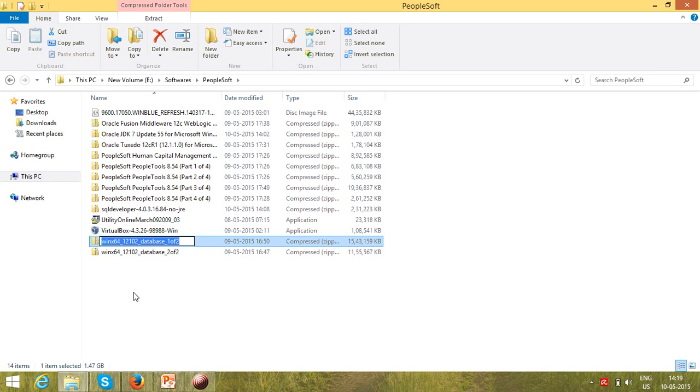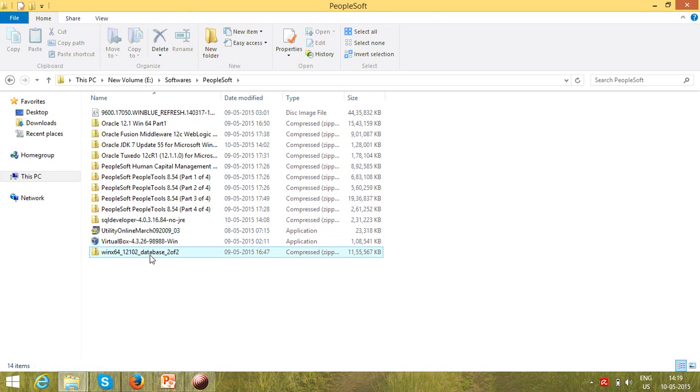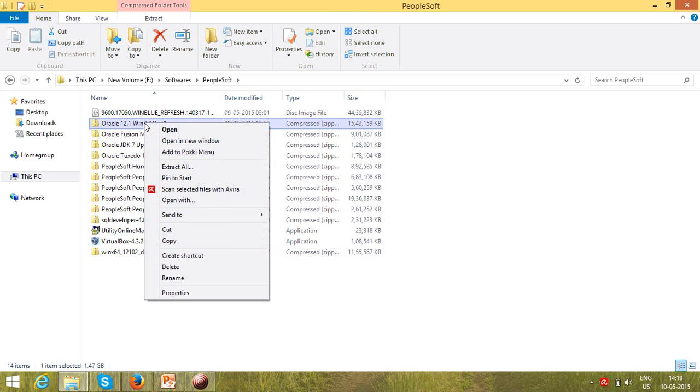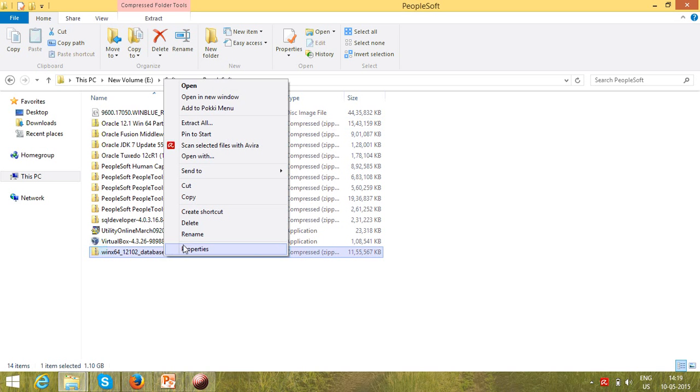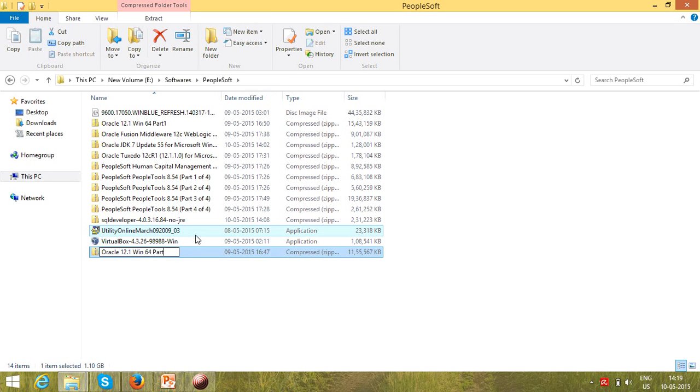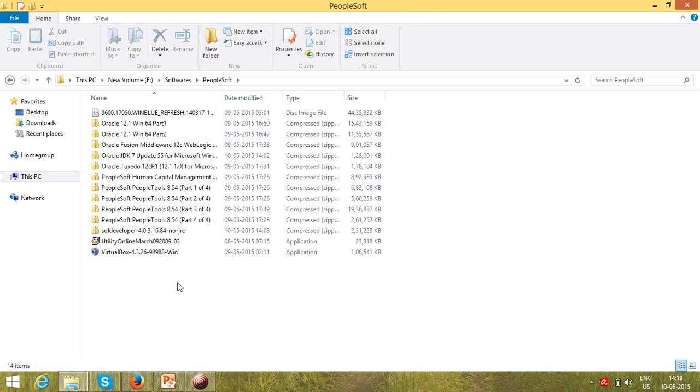12.1. And let's rename the other one as well. Part 2. Now we have renamed the files which we downloaded, but there is a but the organization of the folders